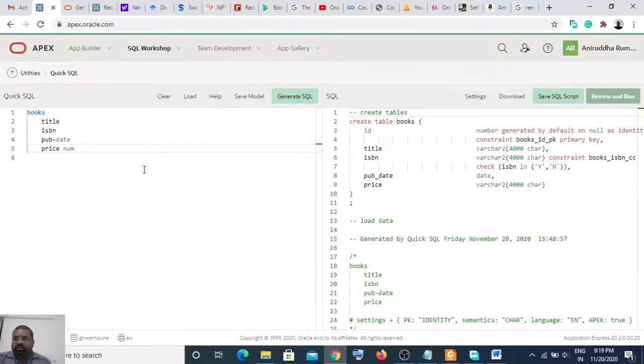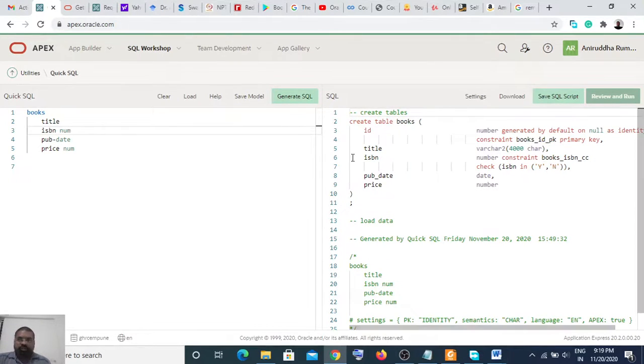Now if you enter here, it automatically says price as a number. It may be 1 rupee, 2 rupees, 3 rupees, and likewise. ISBN is also a number, so you can add the number here. Okay, so it says ISBN as a number. So price, ISBN, and something.